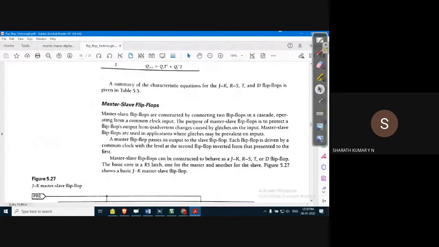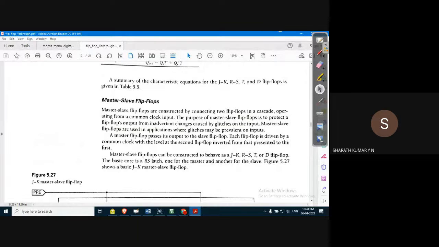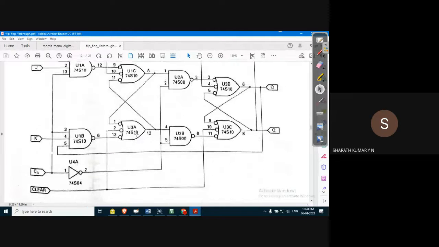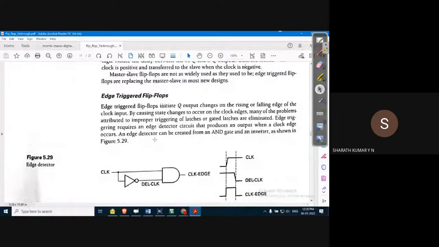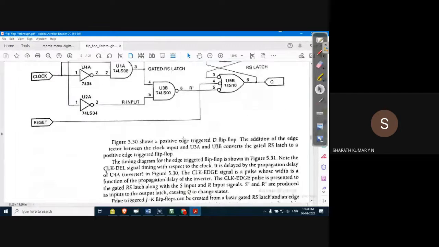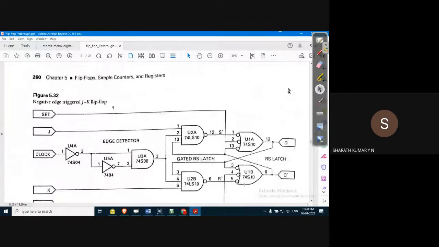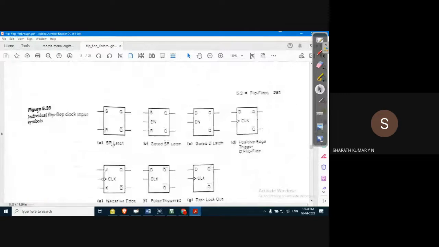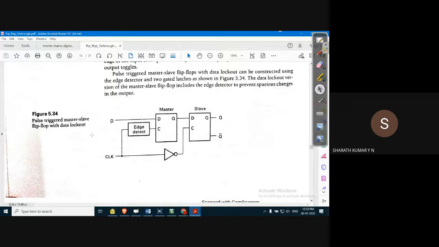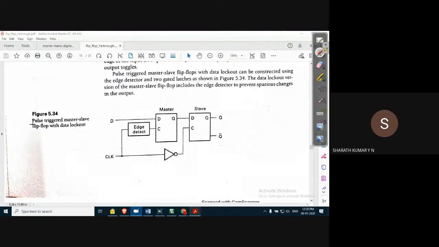The next type of flip-flop is called the master slave JK flip-flop. What happens in the case of a master slave JK flip-flop, we'll discuss using this timing diagram. Let's trigger the flip-flop. Wait, just a second. I think there is a diagram for it; here it is. So this is what is called a master slave JK flip-flop. There are two types, called pulse triggered and edge triggered flip-flops. This I'll discuss a little later. We'll come back to this after some time.